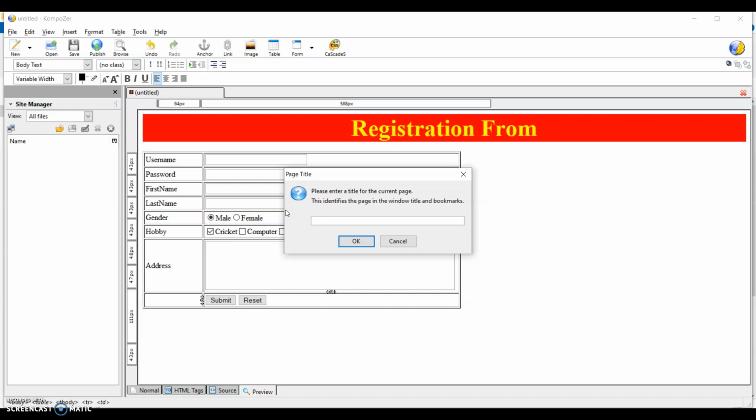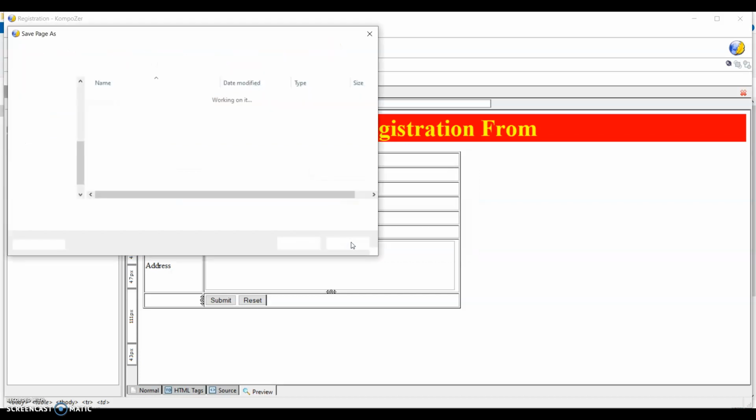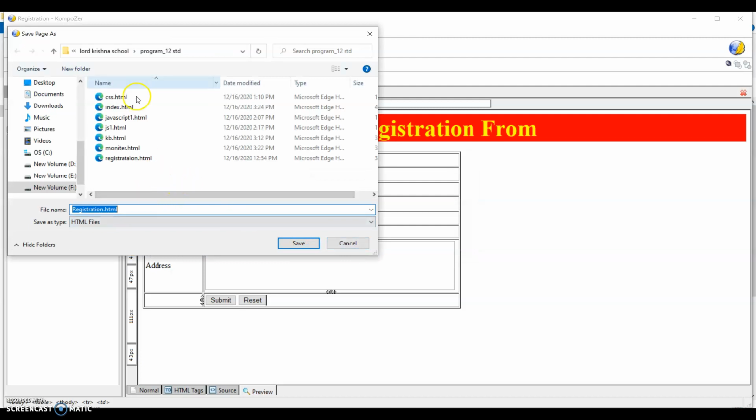You just write down registration form. Okay, now it will be created.